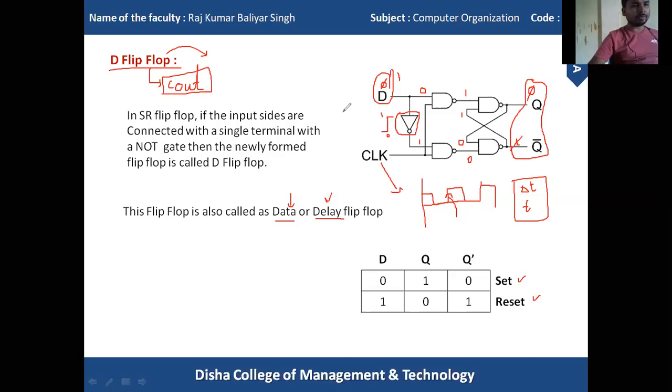In JK flip flop, we are going to use the SR flip flop. In D flip flop, as you see here, we are using the SR flip flop. In T flip flop also we are going to use the SR flip flop. In some modifications of JK flip flop also we are using the SR flip flop. So in D flip flop we have only one input terminal that can take 0 or 1. For that reason we have only two states: the set state and the reset condition. There is no memory state and not applicable state found in D flip flop. And the D flip flop is also known as data flip flop.